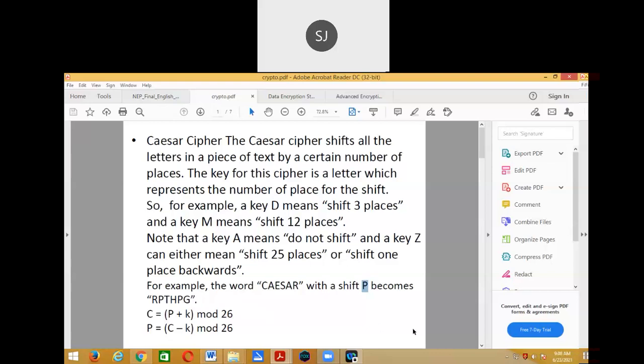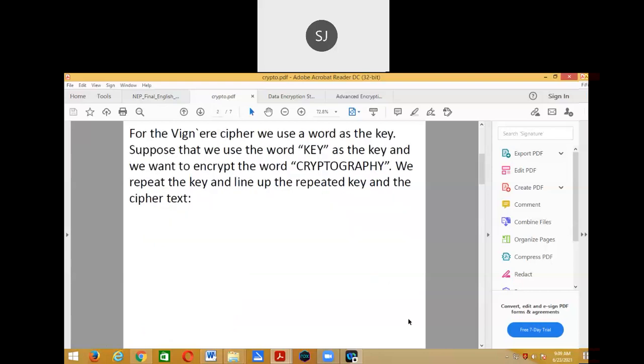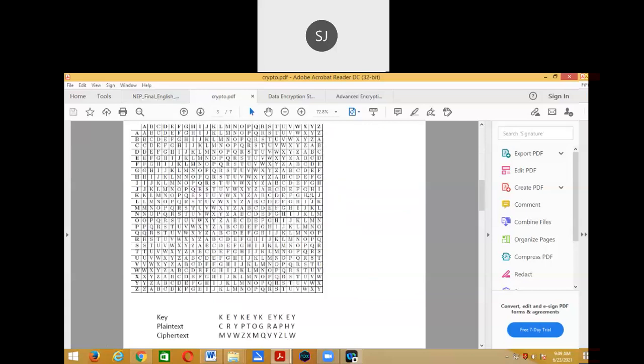Breaking this cipher is very easy because a letter in the plain text is always replaced by a particular letter in the ciphertext. So the frequency pattern which is there in the plain text is maintained in the ciphertext also. To overcome that, we can go for the Vigenere cipher. As you know, let me just tell you this. Vigenere cipher, it is like this.